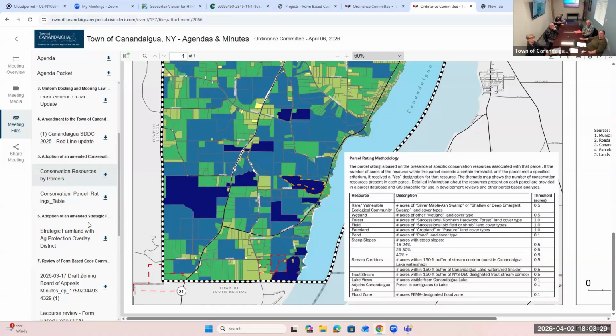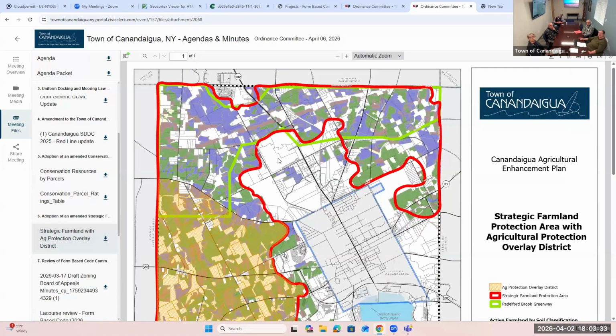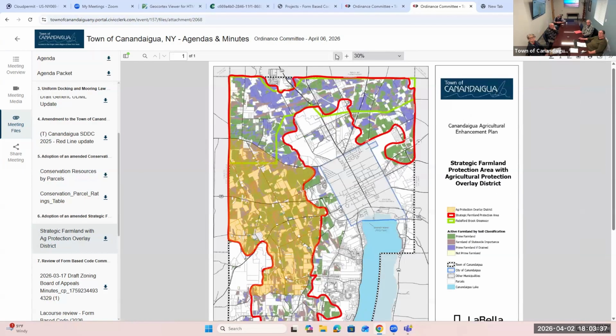And then the other one is the strategic farmland protection area, but it had the agricultural protection overlay district put on it. That's this tan colored area. That isn't currently on any other map other than this proposed one. It was just verbally